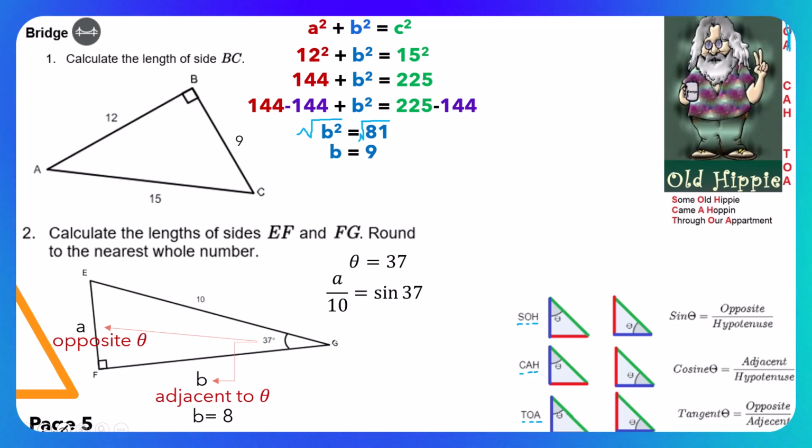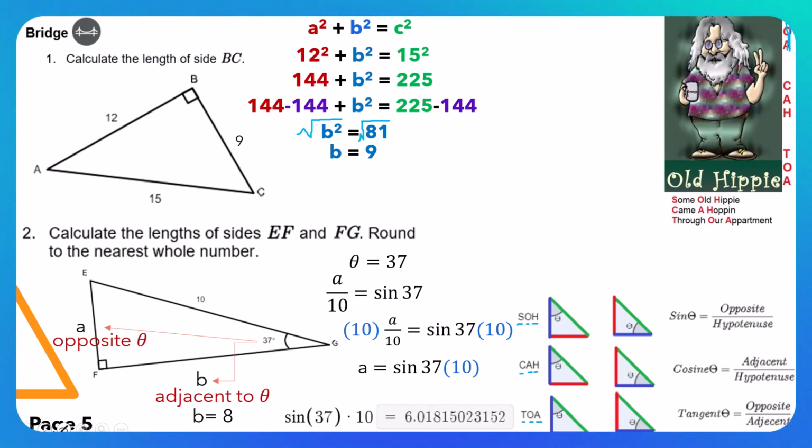A is opposite over hypotenuse. The opposite we don't know, so we're going to use the variable A over 10, 10 we do know, the hypotenuse, equals sine of theta, which is 37. Now we're going to replace theta with what we know. Now we're going to multiply both sides by 10 so that we can eliminate the division by 10. And we're left with A equals sine 37 times 10 on the right-hand side. So that's what we'll put into our calculator, sine 37 times 10,